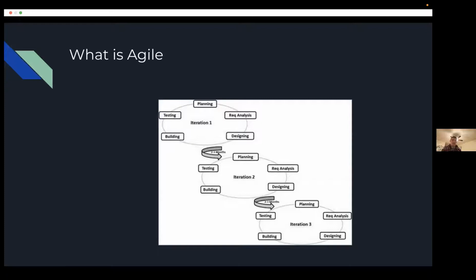And you have a way of measuring your velocity, your metrics for this small iteration. So for the car analogy, this is like you build the frame, you show it to the customer, you say, okay, I do want an SUV, this is good. And if something changes with the requirements, you can respond to it quicker, as opposed to building and building and then having something the customer doesn't want.